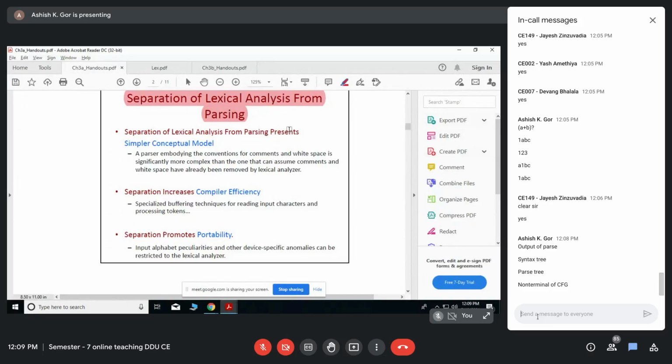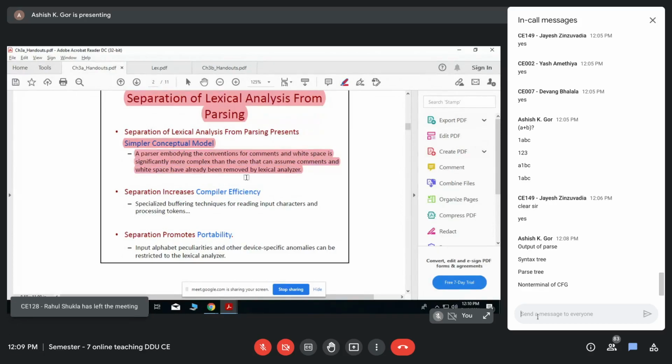The first reason is a software engineering reason that I already mentioned last time: the more modular things are, the better you can handle changes. So modularity is required. I also want a simpler conceptual model, and that's why I separated lexical analysis and parsing.